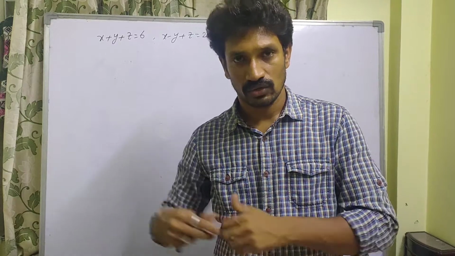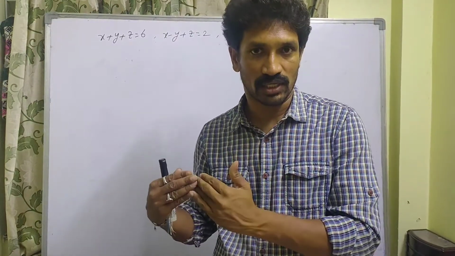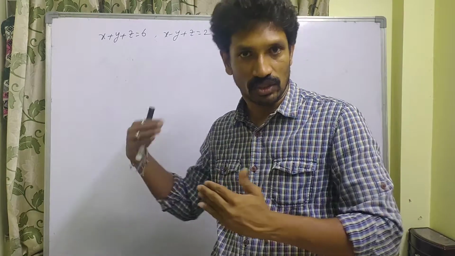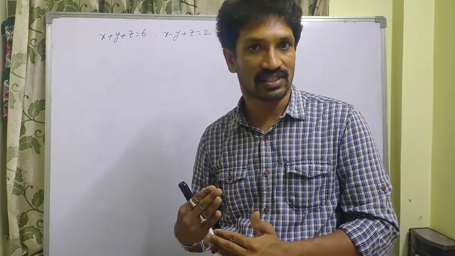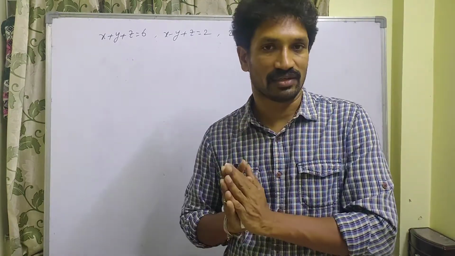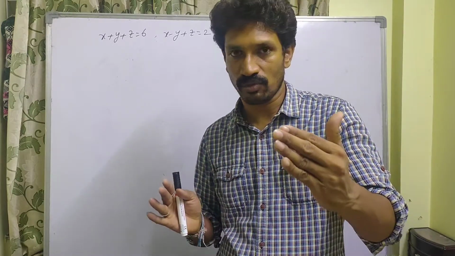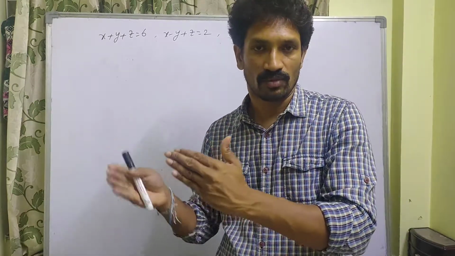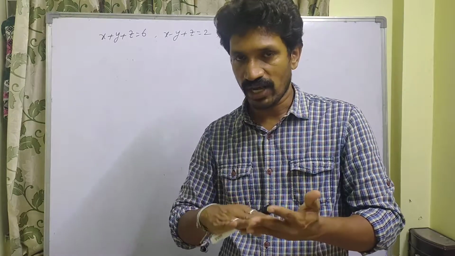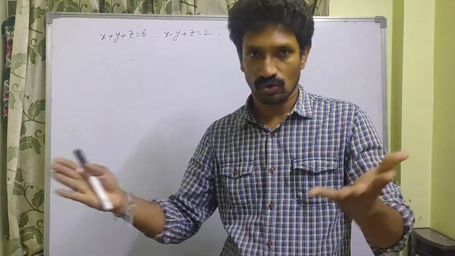Good morning, students. So today we will discuss the system of linear equations, and whether these are consistent or inconsistent, using the shortcut method. Yesterday we learned about echelon form. By using echelon form, we found the rank of A and the rank of AB. So you know very well.